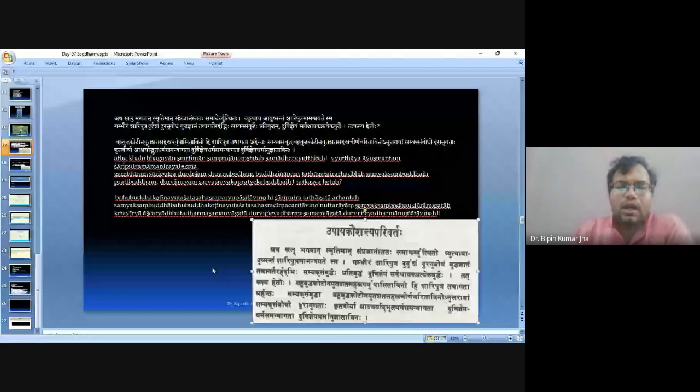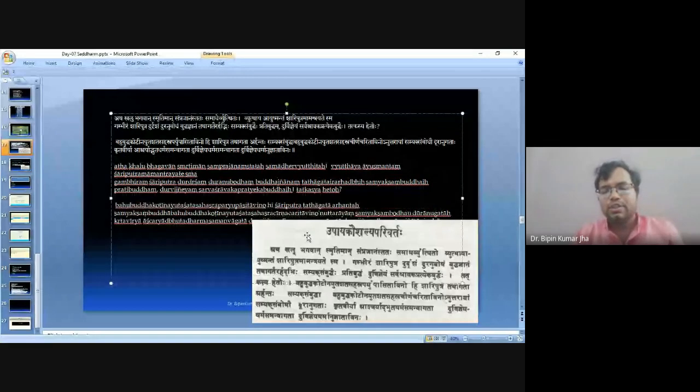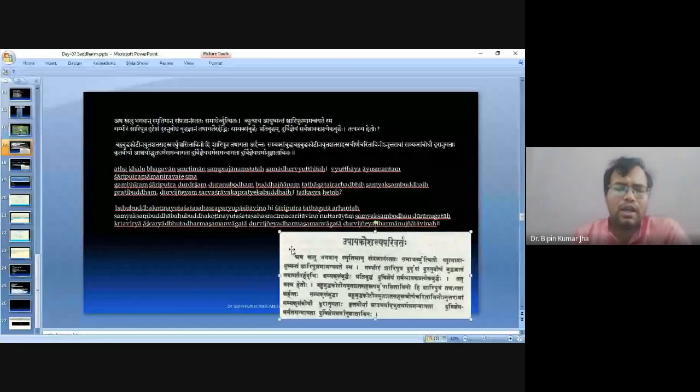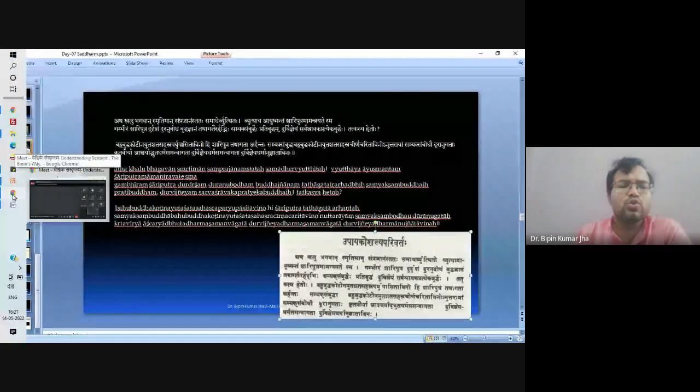This is the Unicode text, and I have translated it here so that if you are not able to read Devanagari, you can go through the translated text. And not only this, I am giving the URL to you so that you can